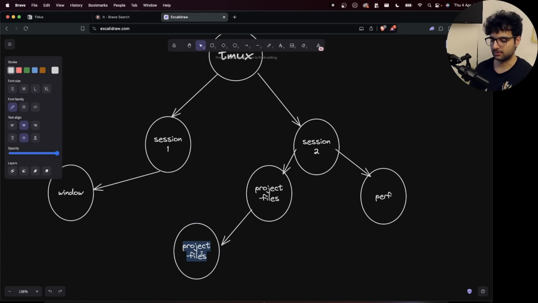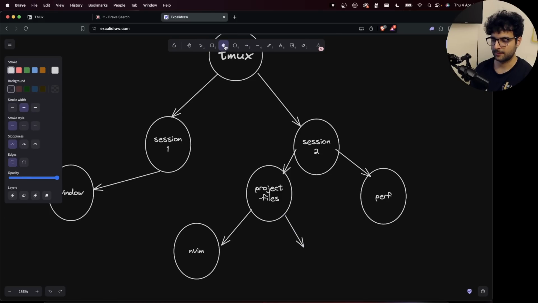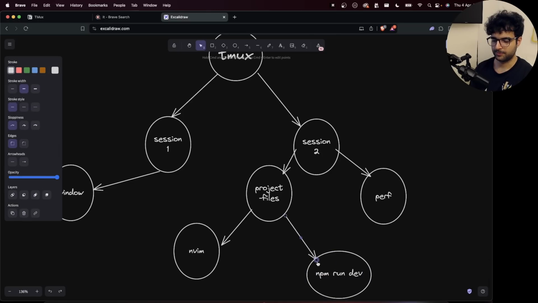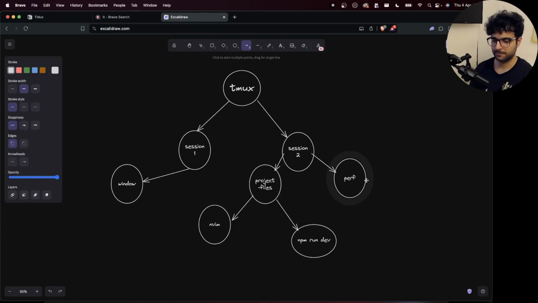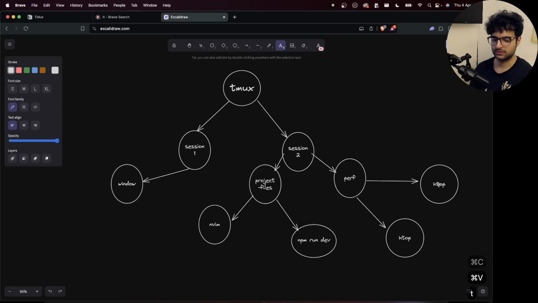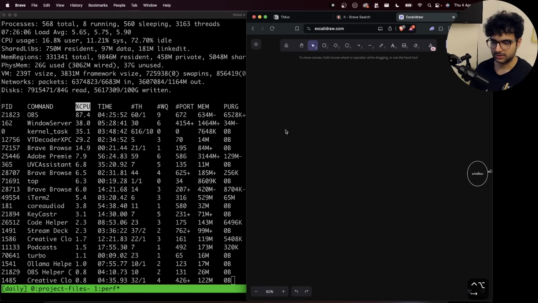One place where I have Neovim running, the other place where I have npm run dev running, and then the perf also has two panes. One that has htop running and one that has top running. That's my Tmux sessions right now. If I open them side by side,